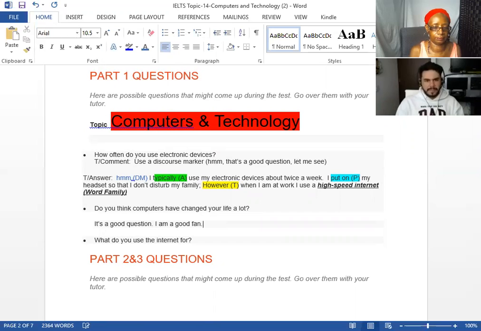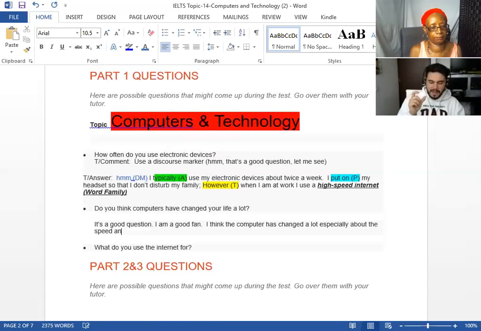And I think the computer has changed a lot, especially talking about the speed and the number of processors that you can have in a small or tiny space. And thanks to this evolution,